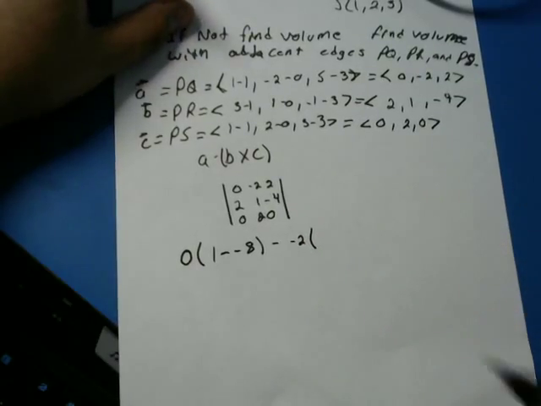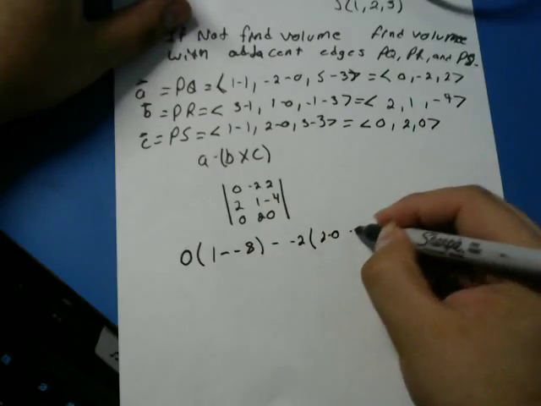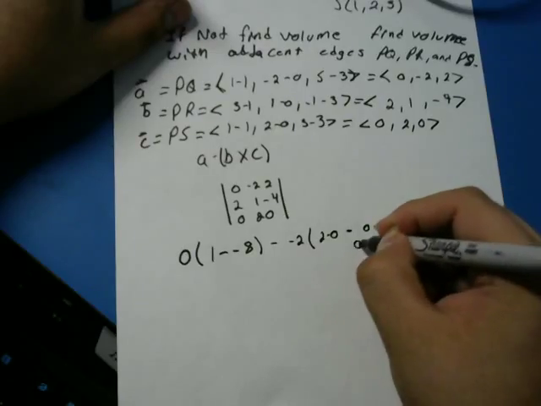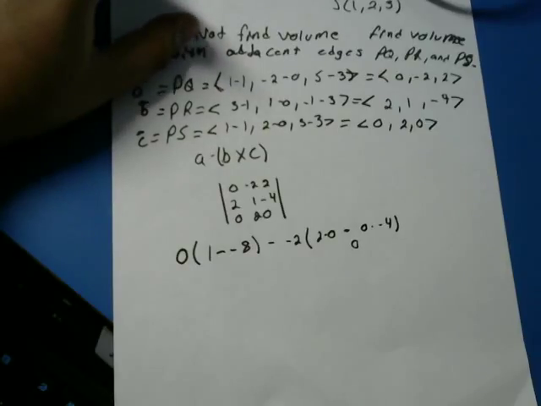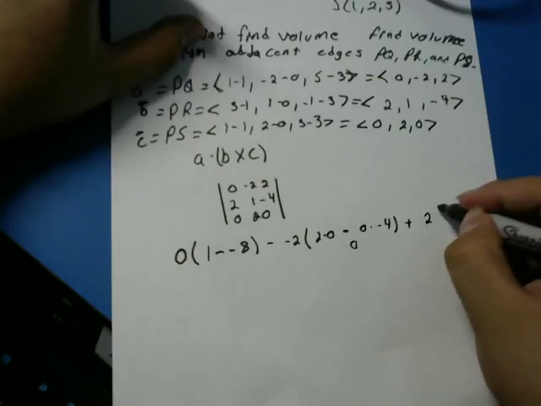We'll have 2 times 0 minus 0 times negative 4, that just goes to 0, and then we have plus 2 times,